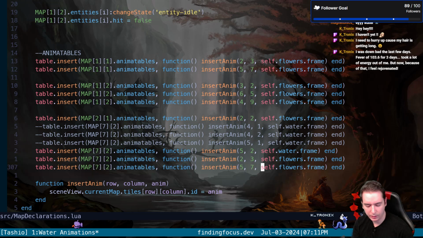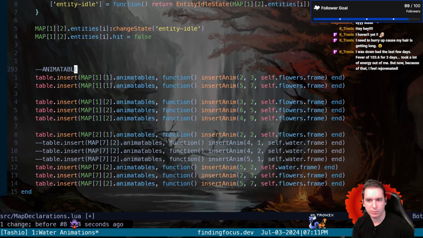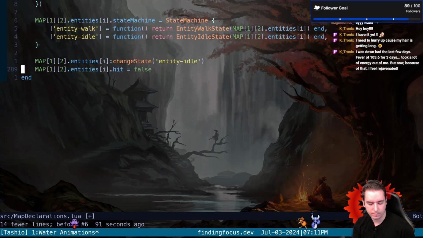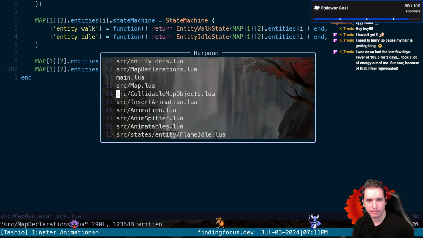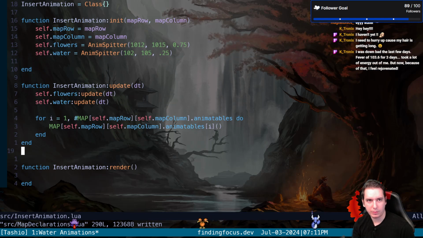Okay, I'm thinking we gotta go about this a different way, because we can't just add via this self.frame here. It's almost like we've got to do